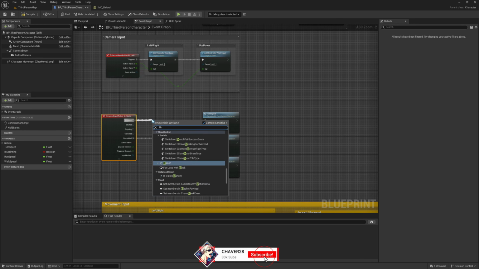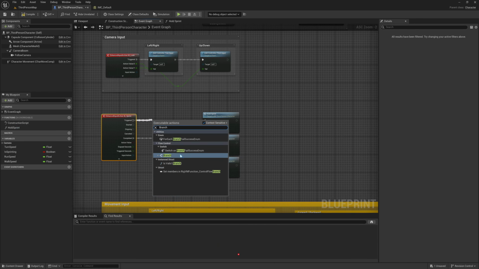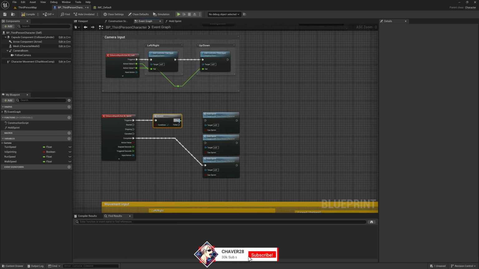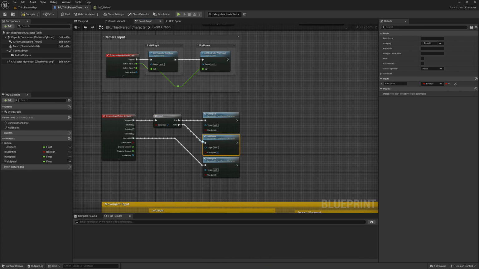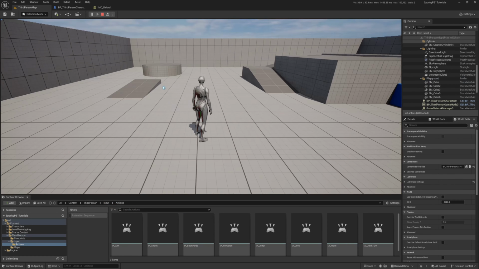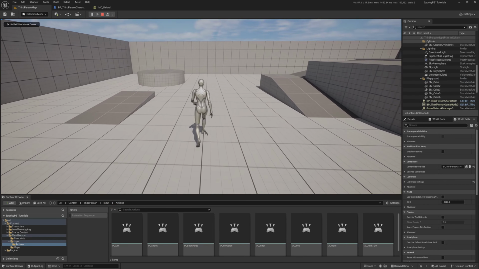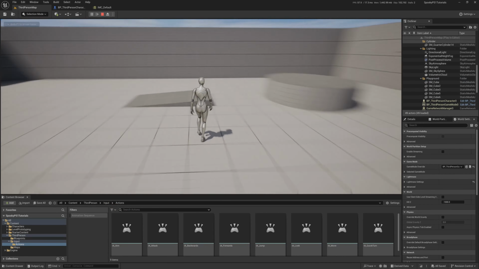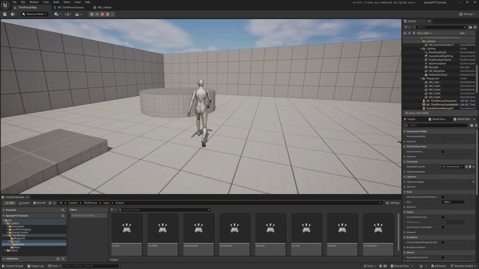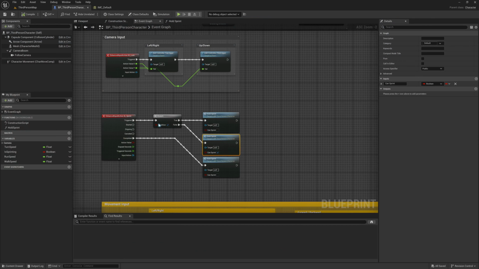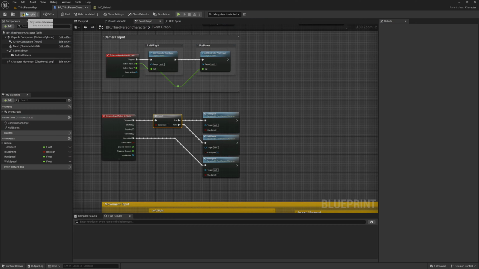We need a branch. Right. We're going to add the branch in here. We're going to put true to the top one, false to the bottom one, and just tick the middle one. So yes, we can sprint. We'll add the condition in a second, right? So now with this, we have a sprint. Now we can walk, but nothing happens. The reason nothing is happening is because there's a condition. This ticked, but there is no conditions. Like if we untick this,